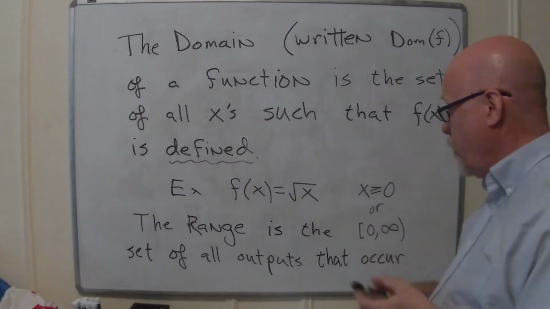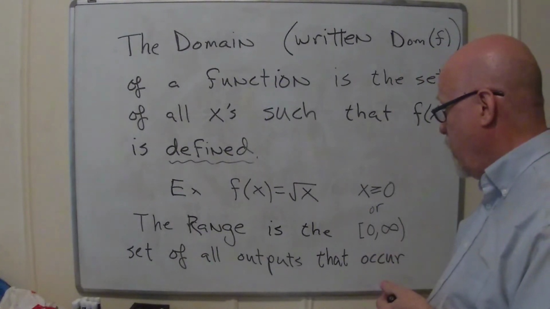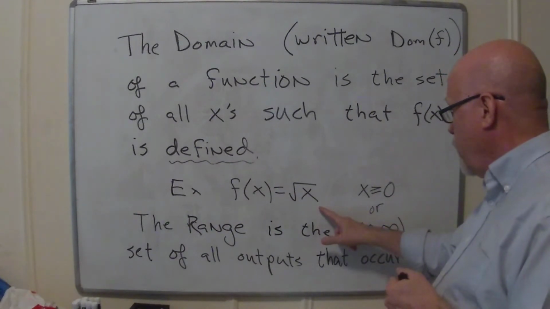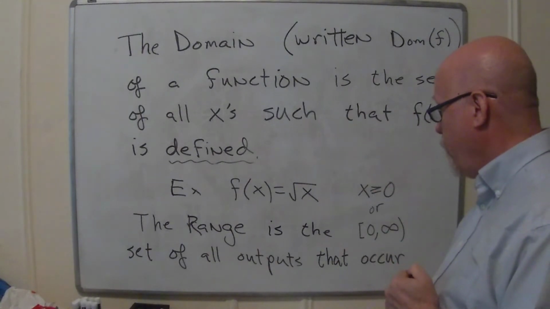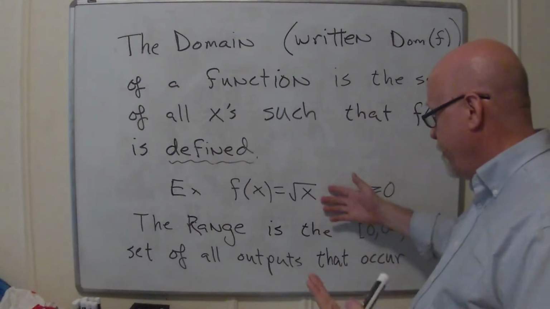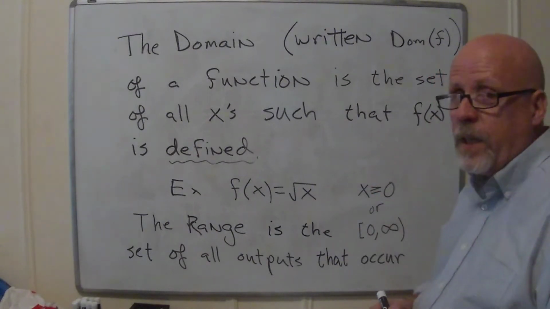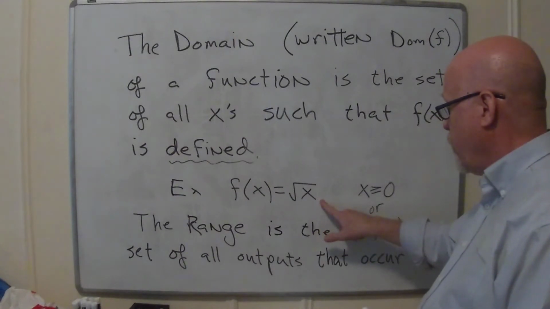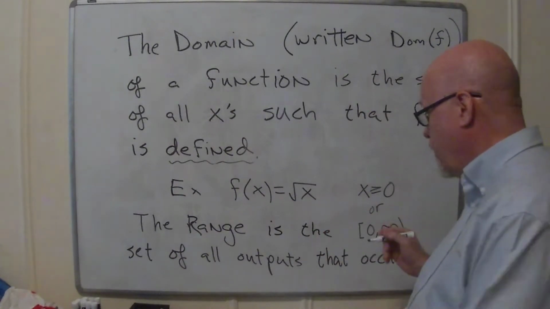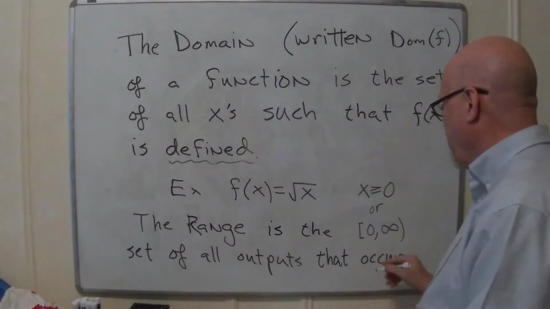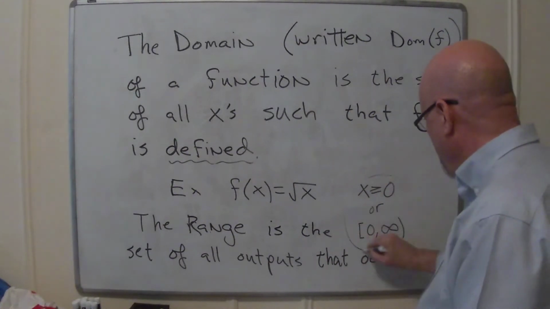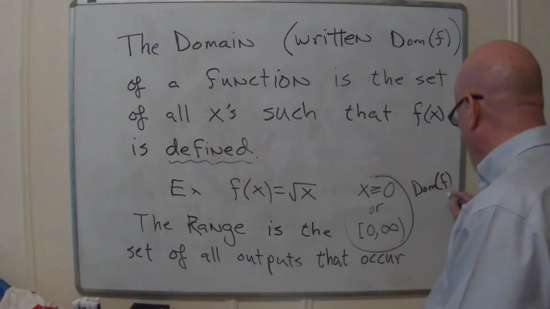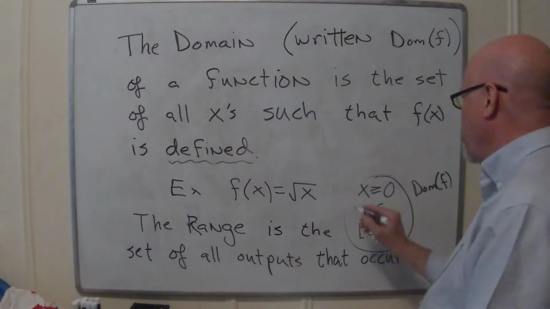So, for instance, let's do this function, the square root of x. The outputs of that are, when x is 0, you get 0. Can you get any number bigger than 0? Yes, you can. And by definition of this function, it never reports the negative square root. It always just gives you the positive one. So this function has a range that's the numbers from 0 going up. That's really in the y direction, but we still write it horizontally. So these two things were our domain, written like that. I'm just going to squeeze it onto the board here.